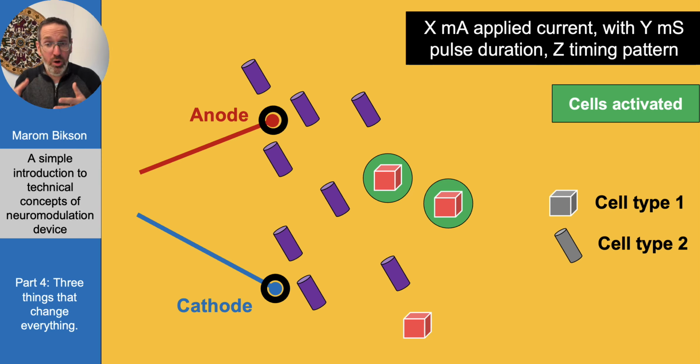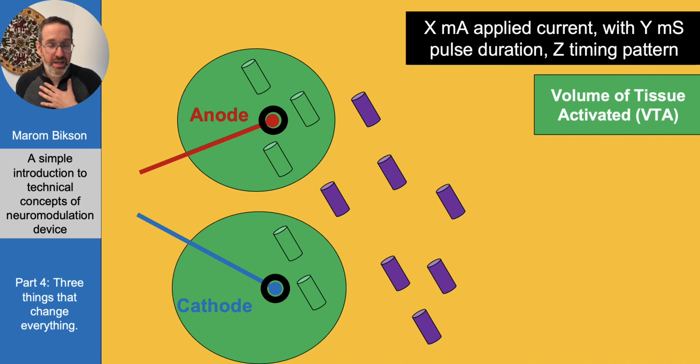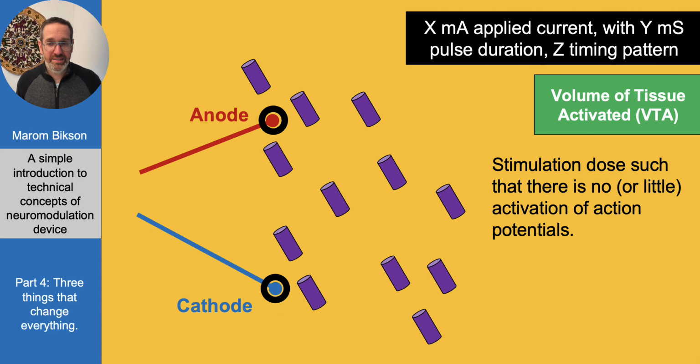So if cell type 1 is super sensitive and cell type 2 is not, we could actually have a situation where, as we're adjusting our dose parameters, the cell type 1s are firing even though they're farther away. And so there's a lot of work on designing dose, thinking about specific cell types. So you can't be cell type agnostic when you're designing dose. Okay, so then going back to this example,